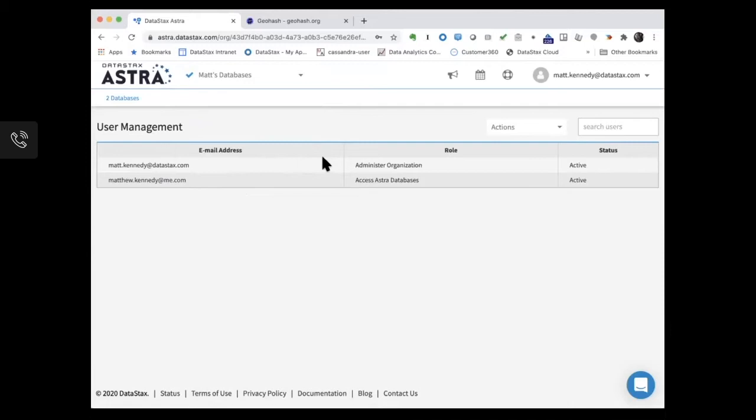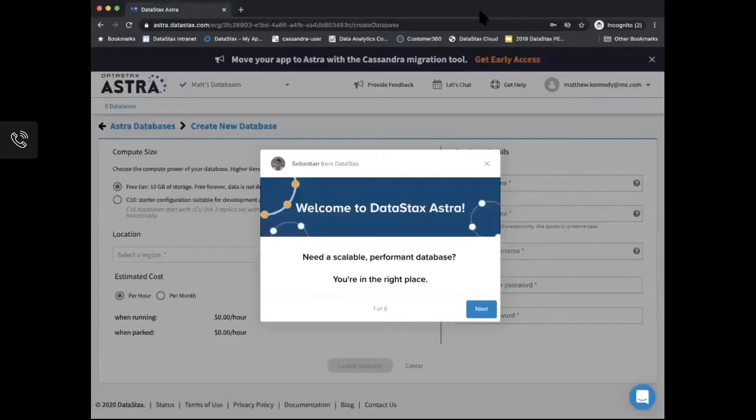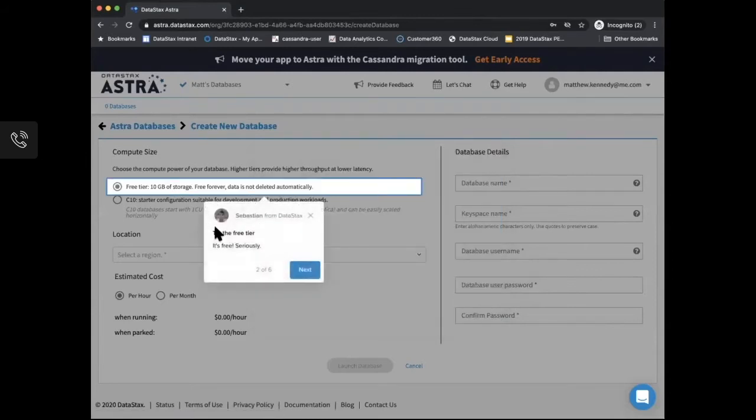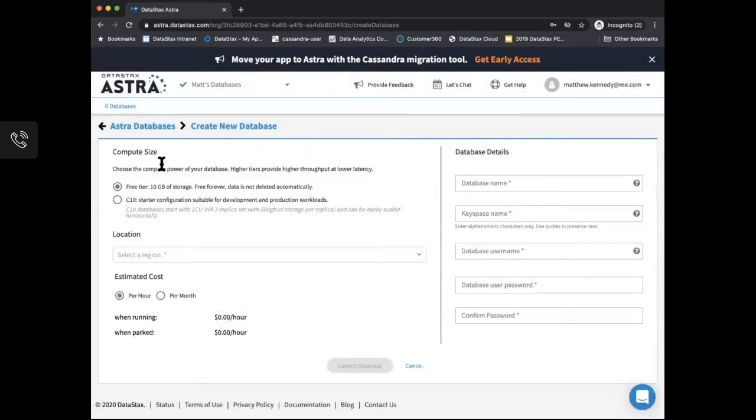So what I'm going to do is switch over to an incognito window here real quick. Okay, so as you can see, this is an incognito window that I have used to sign into Astra with my other account. Now, here's a quick tip. You see that we use intercom overlays to help nudge people through the process of creating a database. If you're anything like my kids, when I had them test this, you are inclined to just want to click this away. So hit that X and it won't bother you anymore. But we're not going to create a database right now.